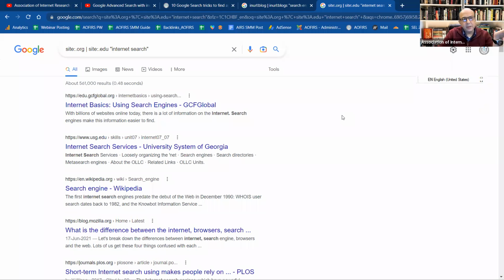Especially when you're doing a search for research papers or you want to rely on a more authentic source of information like gov or edu, those could be considered more reliable. Therefore, with your search terms, you can use EDUs and ORGs or gov. If I put here site and I say .gov,